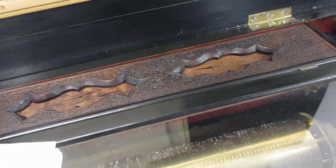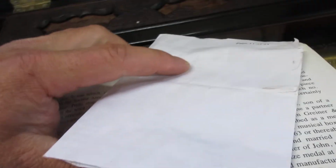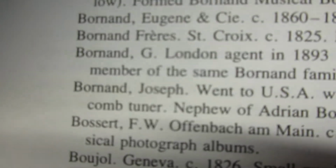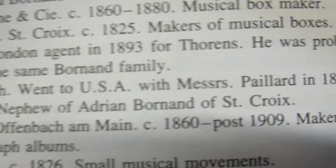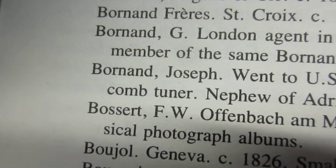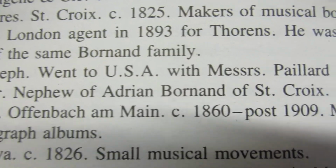Another reference to him, or the Bremond collection, would have been right there. Bremond New York collection. And one last piece. I'm sorry, I don't want to bore you here, but it's this kind of stuff that keeps my interest, you know. Right there, Joseph Bremond went to USA with Messrs. Paillard in 1883 as a comb tuner, nephew of Adrian Bremond of St. Croix. So, like I said, a significant figure, I think, in design patents and